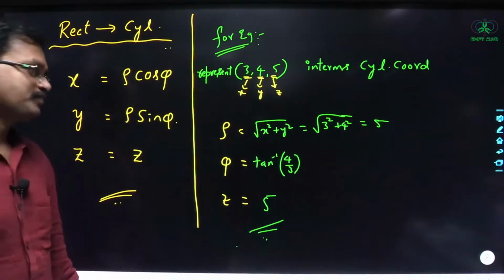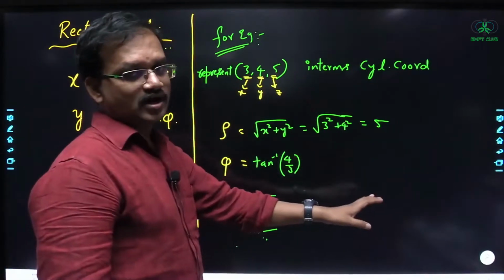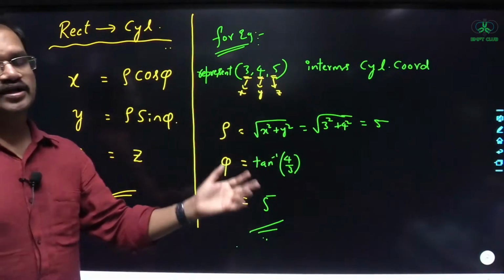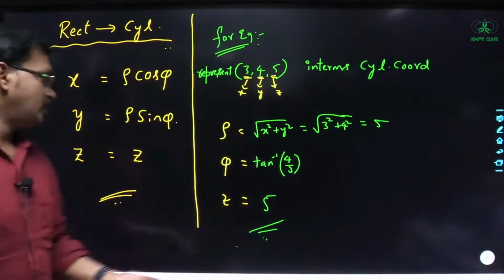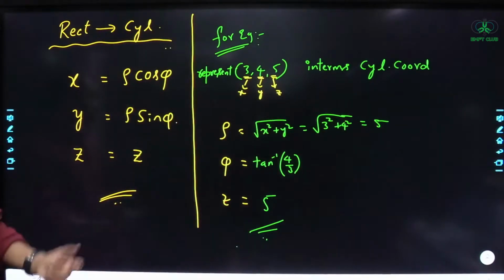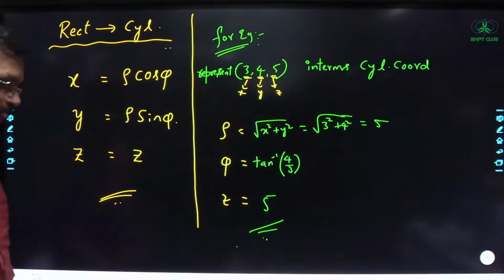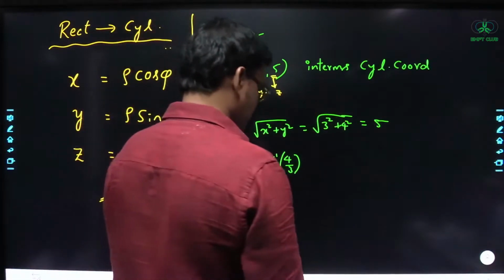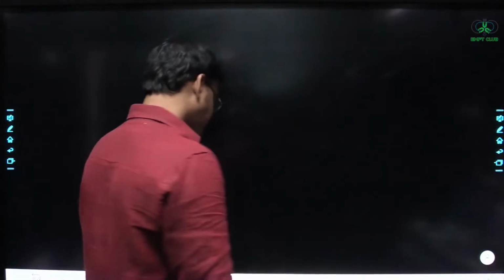Understood? Okay. If they have given cylindrical coordinates and asked to represent it in terms of rectangular coordinates, then you have to apply this one. Understood? Okay. So I hope it is crystal clear. Next,